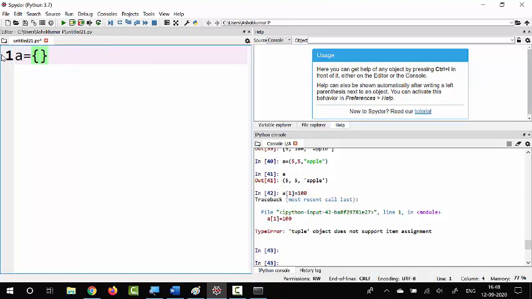A dictionary can be created like this. A dictionary contains 2 parts. One is called the key, and another one is called the value.